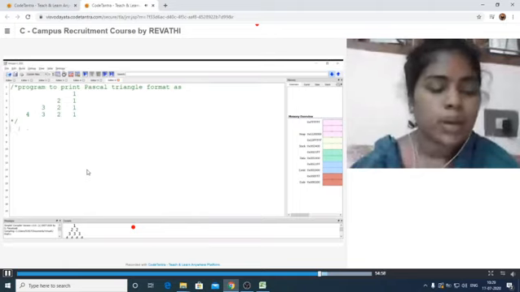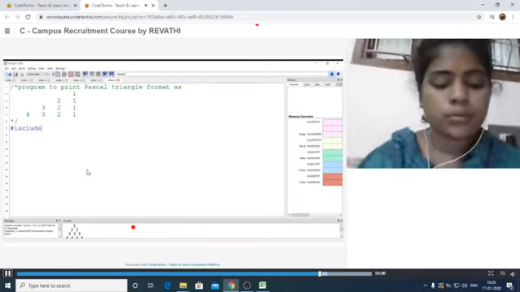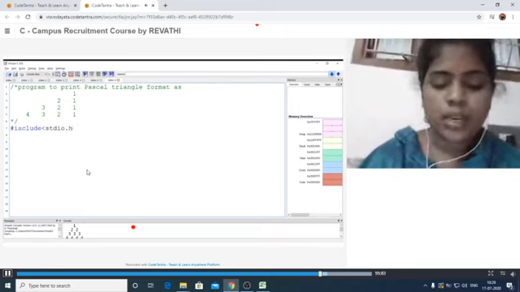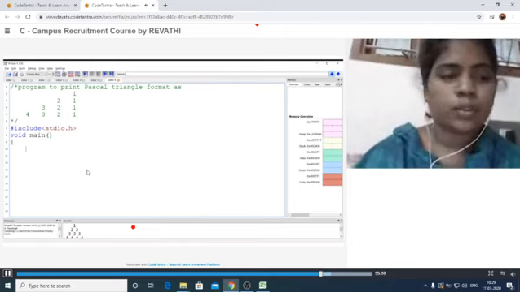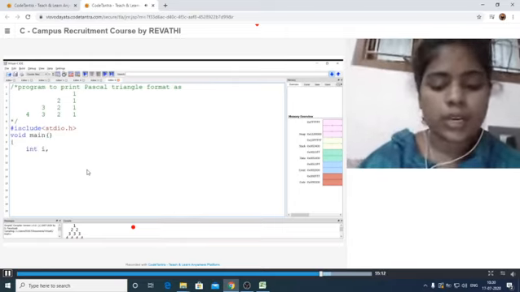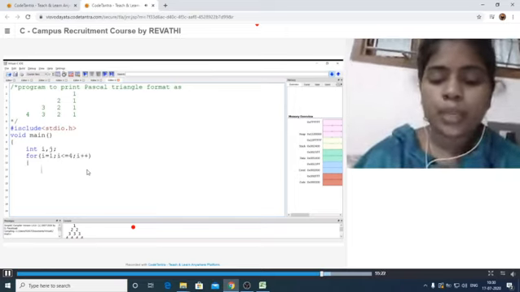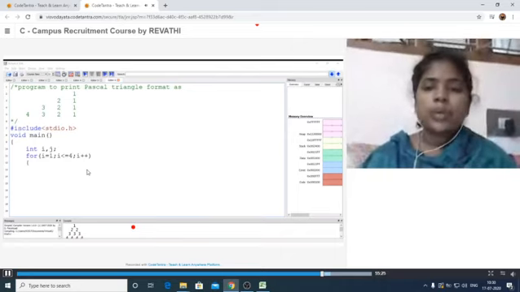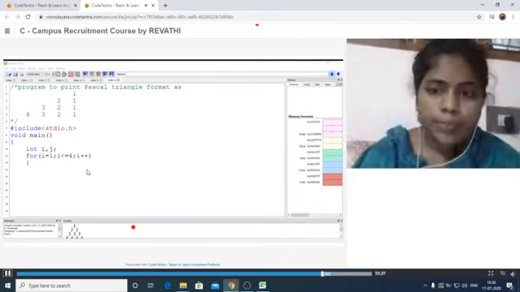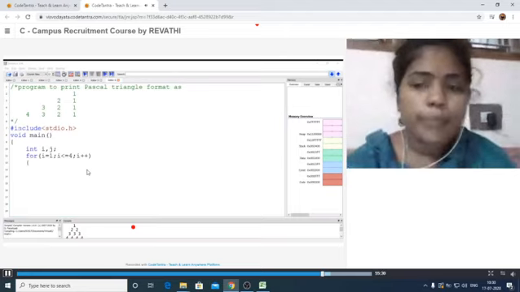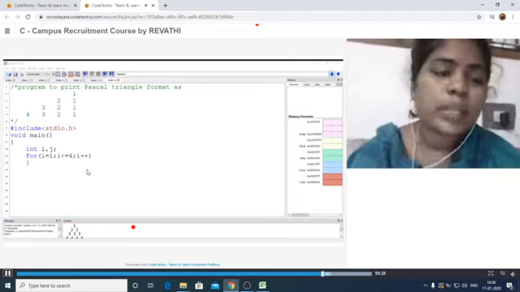Let us write this one, hash include stdio.h. Next, execution starts with void main. Initially we have to declare the variables i and j here. Next take a for loop, for i is equal to 1, i less than or equal to 4, i plus plus. Here we have to take it from the reverse case. That means we have to print the spaces first, and after that it has to print the value of j.